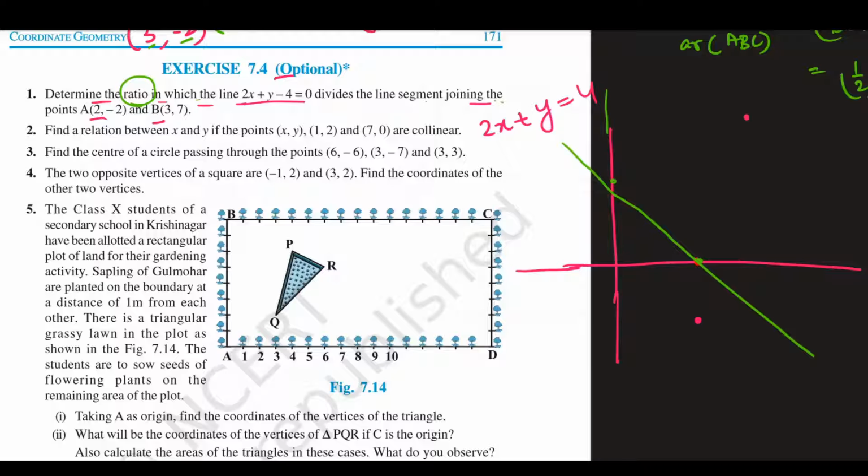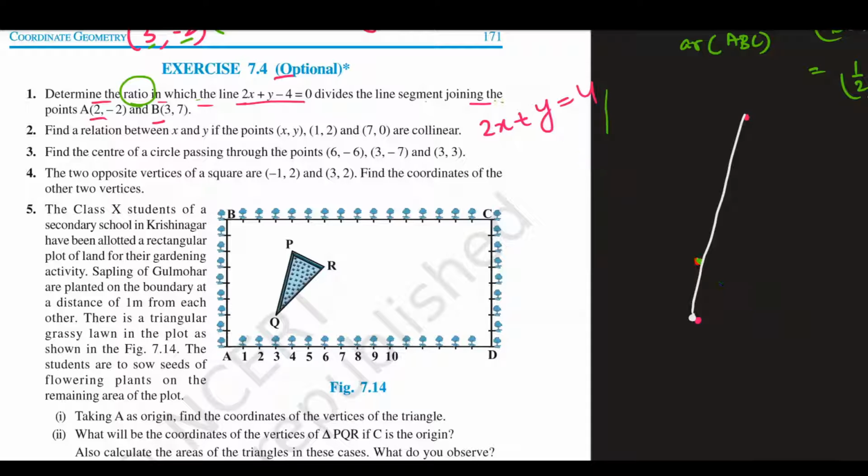the line segment joining these 2 points. Now join these 2 points. Okay, the figure is wrong somewhere, so let me remove the x-axis and y-axis. Suppose this is the line, 2x plus y minus 4 is 0, and the ratio is m is